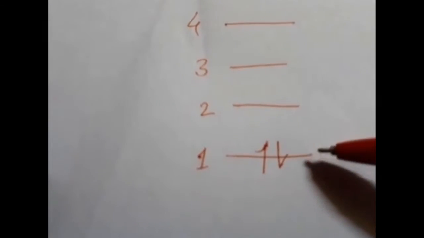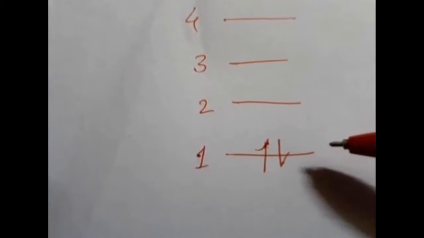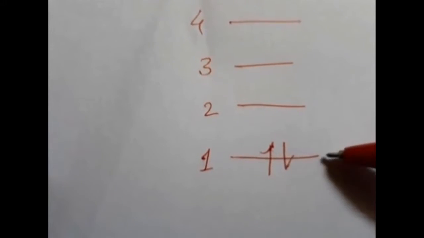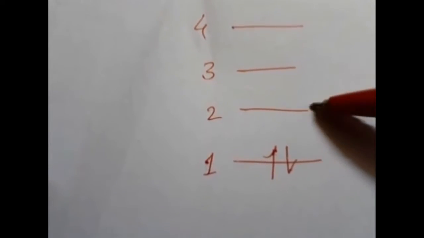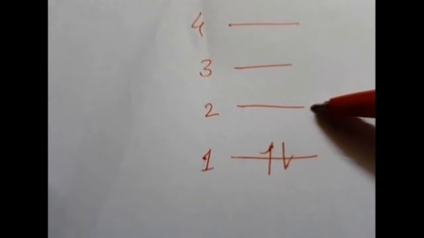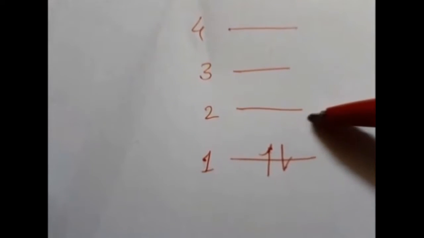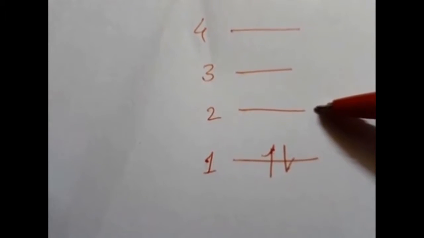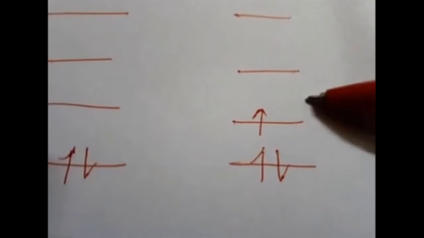Now guess which one is HOMO. See the situation, 2 electrons are present in the first molecular orbital. So this is the highest occupied molecular orbital, that is HOMO. Whereas here an electron is not present, and this is the lowest orbital which is vacant. That's why this is the lowest vacant molecular orbital, that is LVMO. 1 electron is present in this orbital, so this is the highest occupied molecular orbital, whereas this one is the lowest vacant molecular orbital. So this is HOMO and this is LVMO.